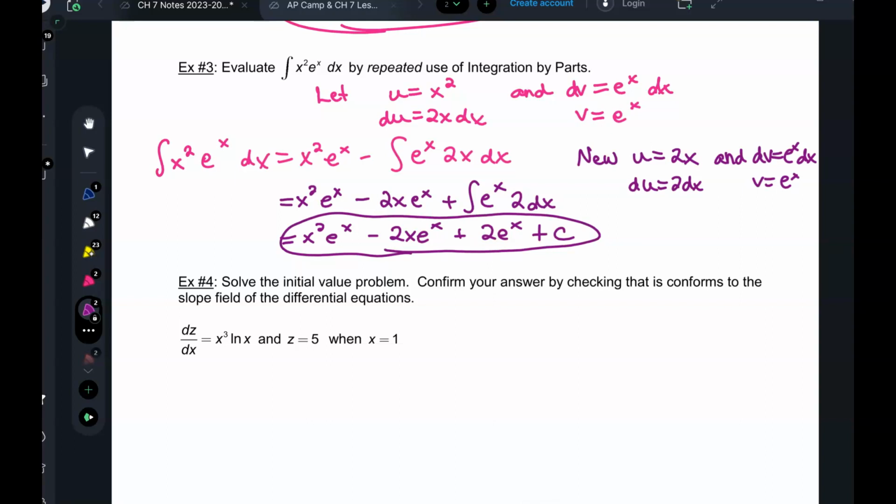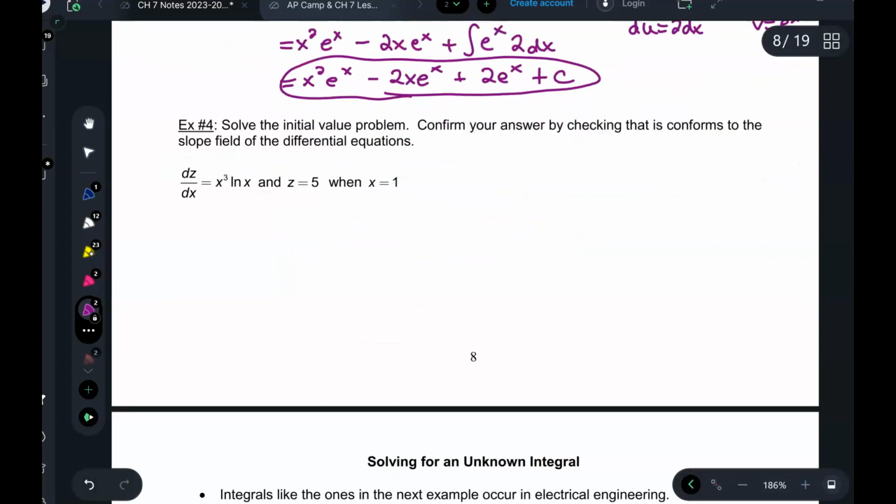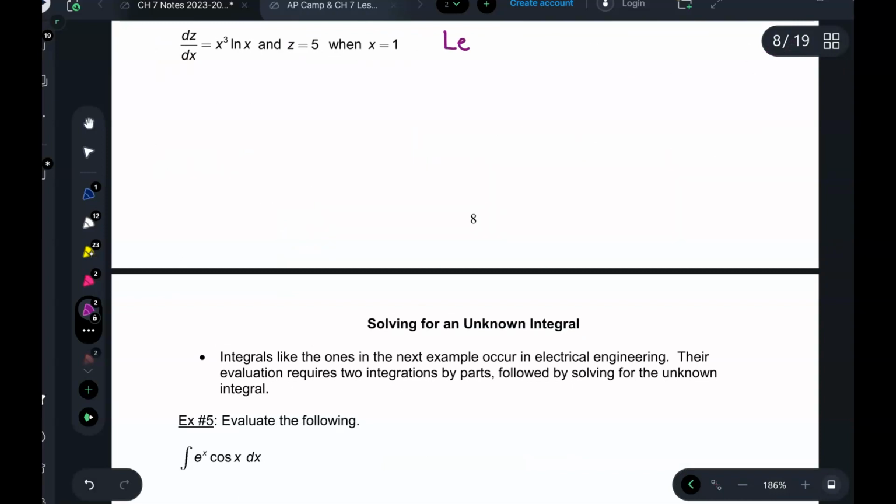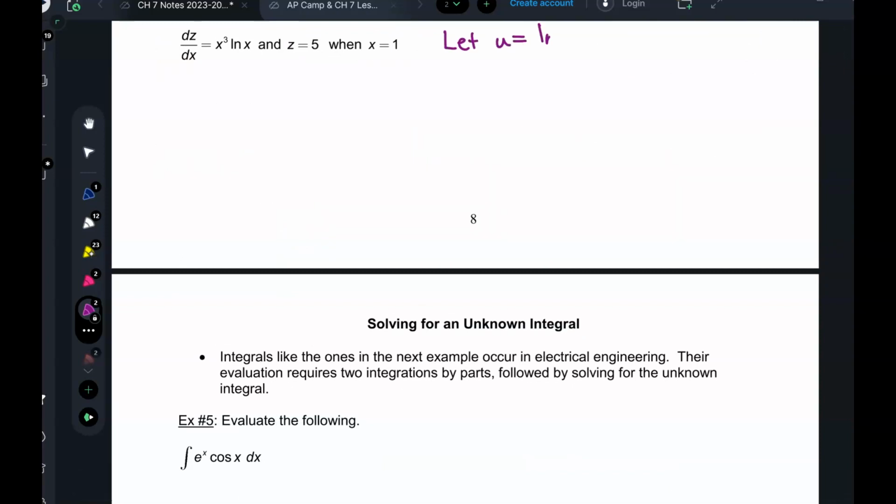All right. Now we want to solve the initial value problem. What are we going to make u equal to this time? ln of x? Good. Flip it. So we're going to let u equal natural log of x, and dv will be x cubed. So just remember taking that original differential equation, moving that dx over, and then